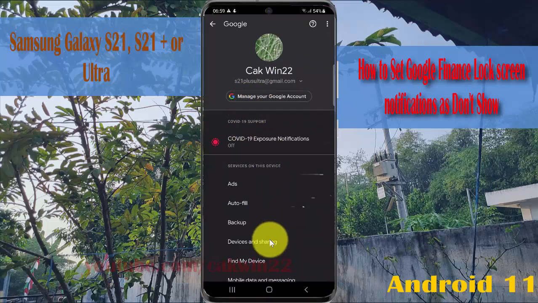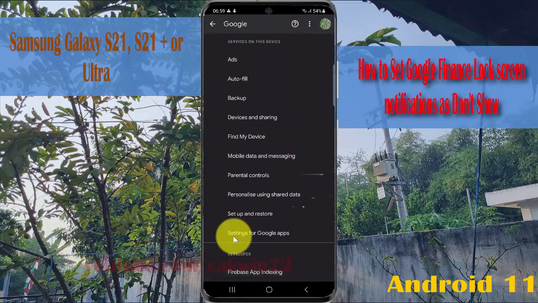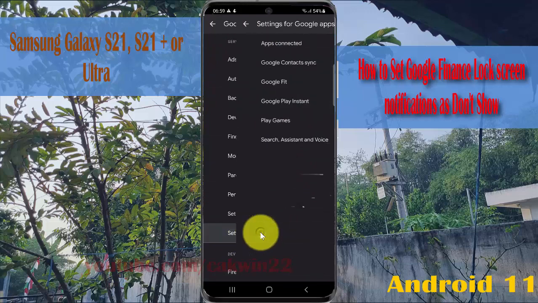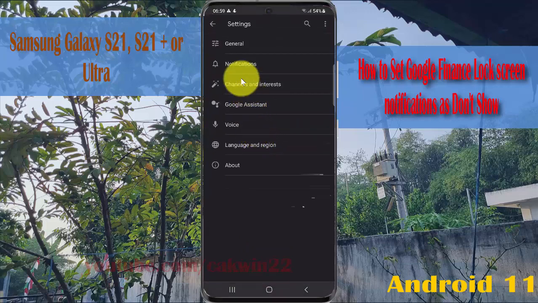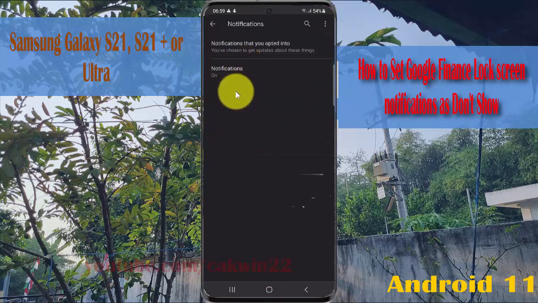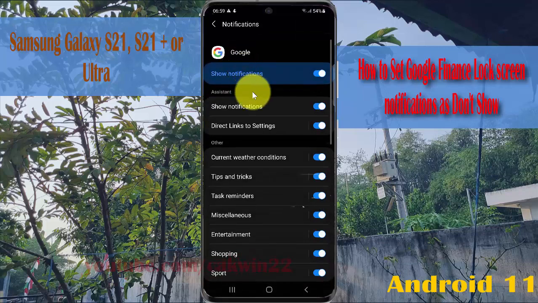Scroll down screen, tap settings for Google Apps, and then select search assistant and voice. Tap notifications, and then tap notifications again, and then scroll down screen,